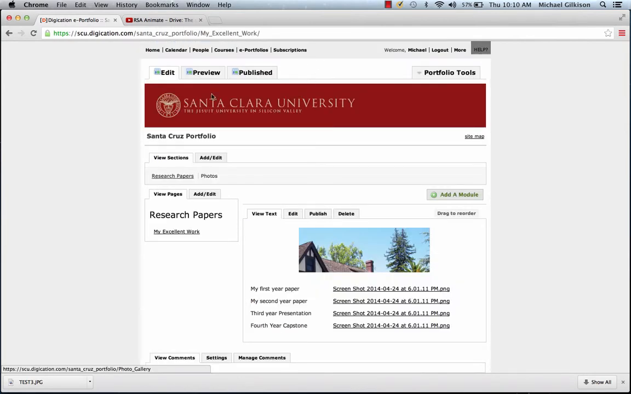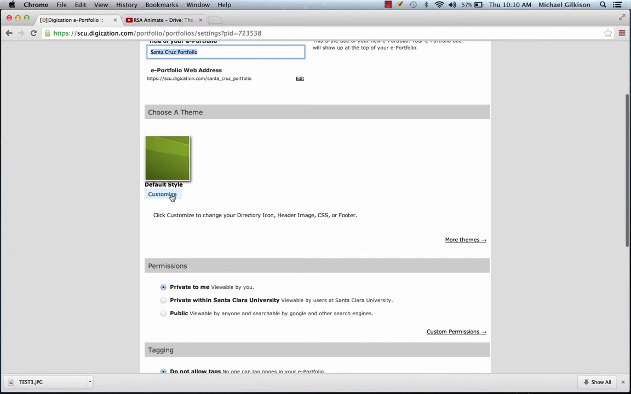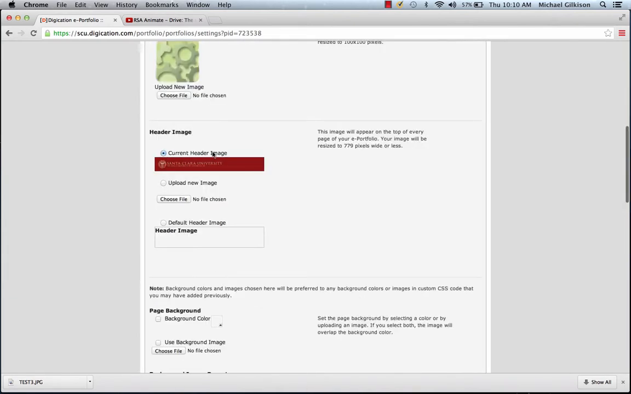Here's how you would go about changing a banner. First, go to Portfolio Tools, and then Settings. Once you're there, click Choose a Theme, and then Customize within that. So for our header image, we want to upload a new image. I know the dimensions need to be 779 by 200, then I know exactly what to look for when I